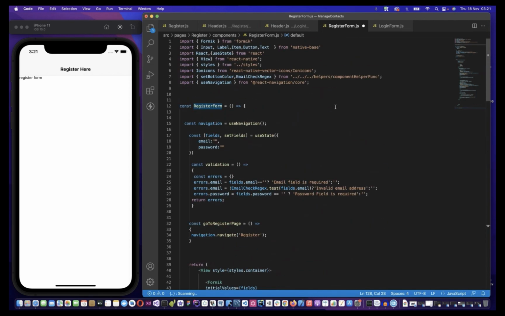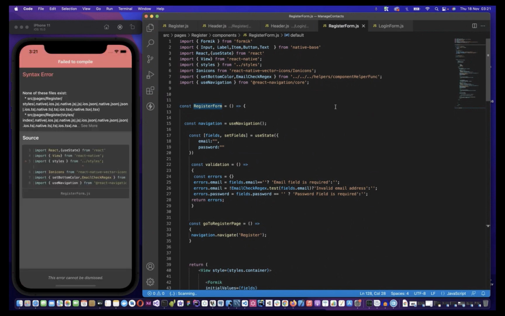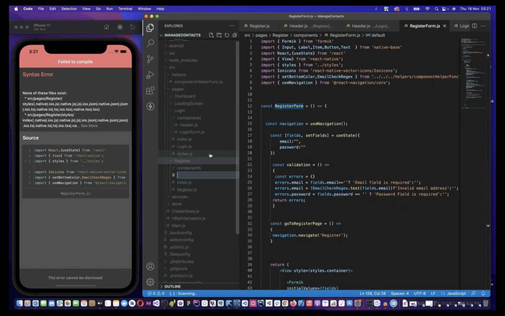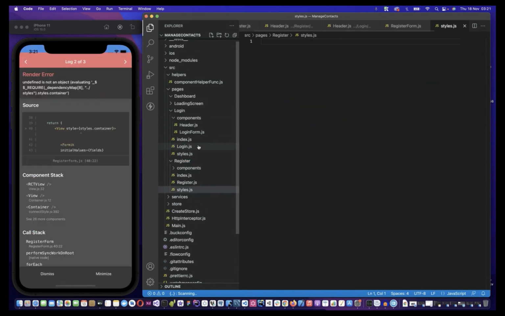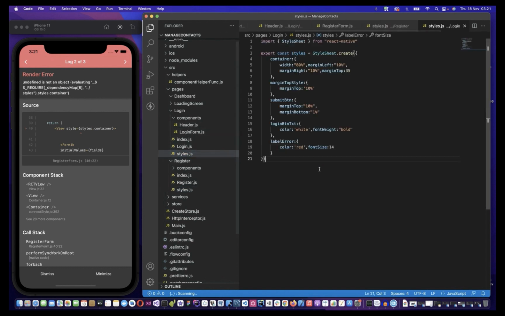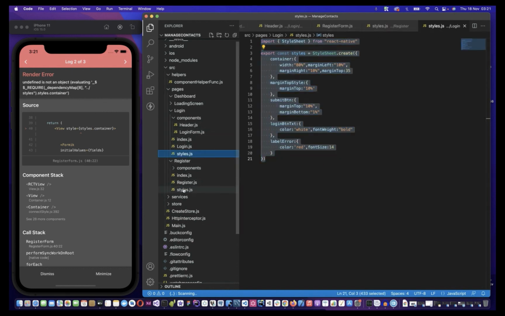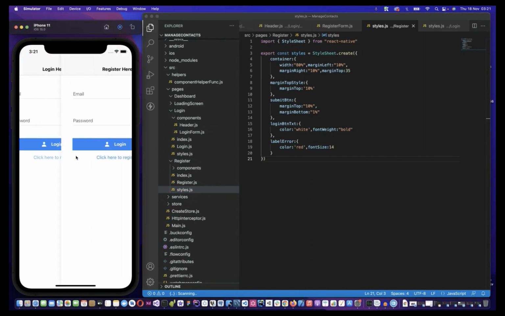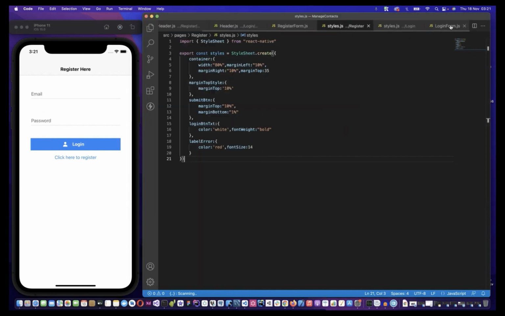Okay, and let's save this right now. And then we have a problem here that there is no styles. So we would create a styles.js here, and we'll be using the same styles for our login here. So I'm just going to copy this right now, and then I'm going to paste this in here. Okay, so now click here to register, and just the same thing, but we're going to do a couple